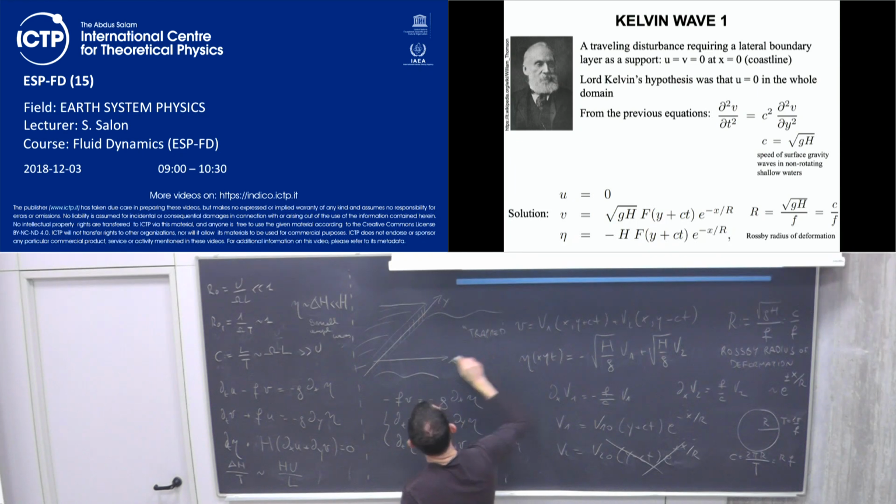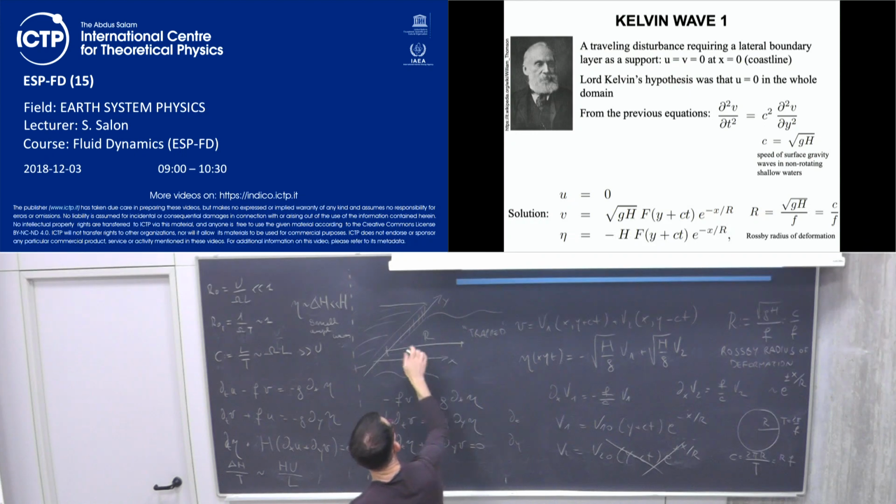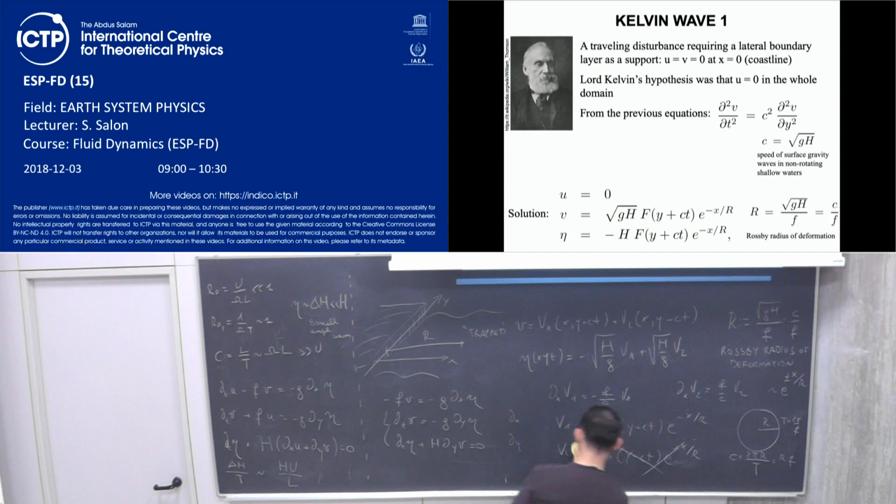Trapped, because at a distance r with respect to the coast, our velocity will tend to go to 0, will tend to disappear. Okay, so we can define a new function. Since this is a velocity, the unit of measure of this one is velocity, because it's the value of the velocity at x equal to 0. So we can represent u0 as